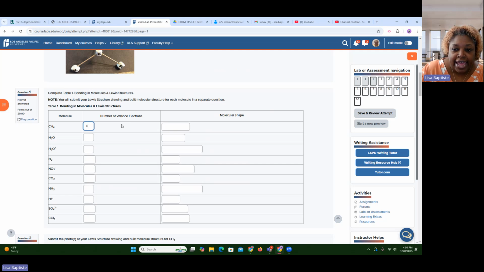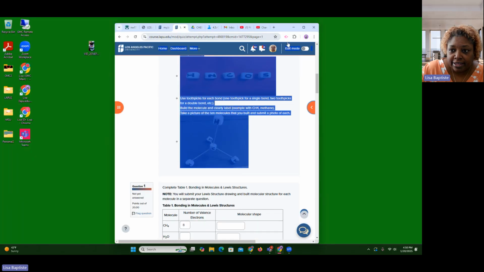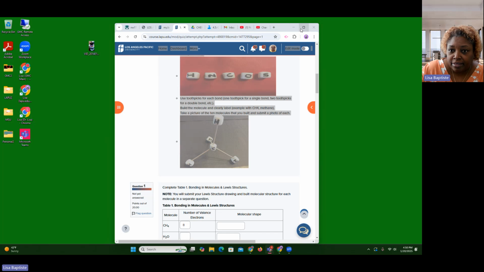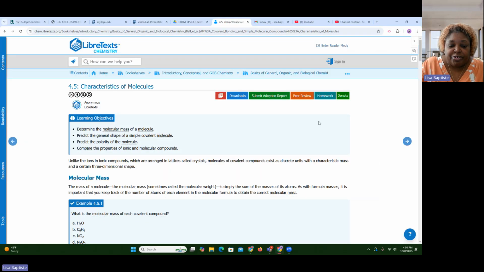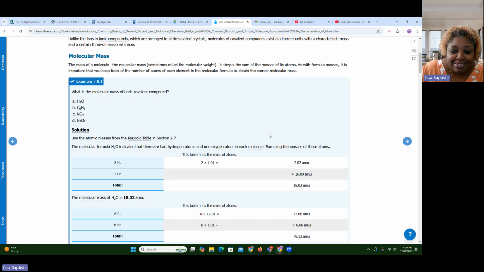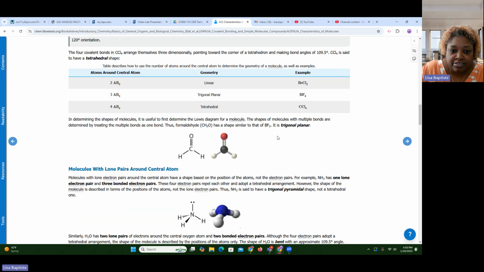When you are looking at the molecular shape within your chapter 4, I'm going to go to it on the screen. Let's see if it comes up. I probably have to move it so that I can get to it. I had a box there in the way. Okay, there we go. In chapter 4, section 4.5, this gives you information about your molecular shapes, the VSEPR